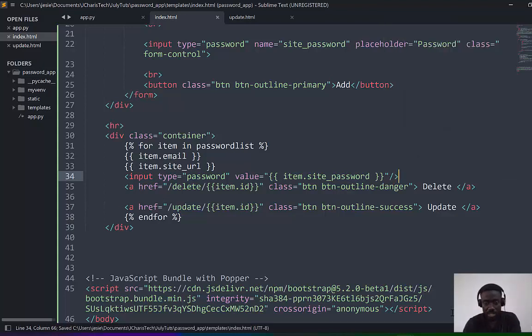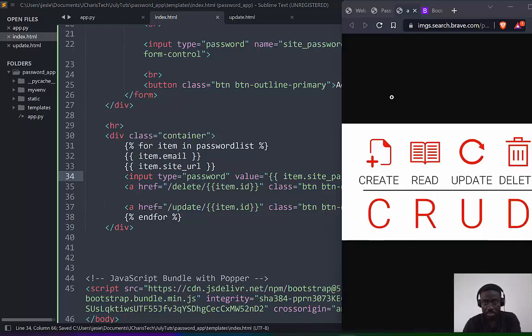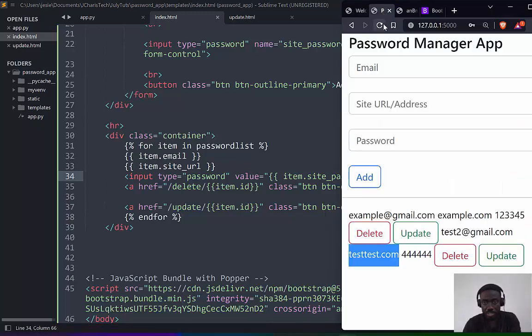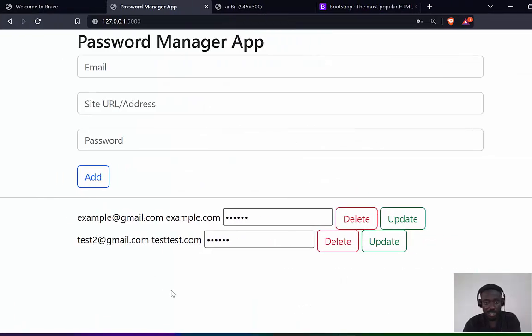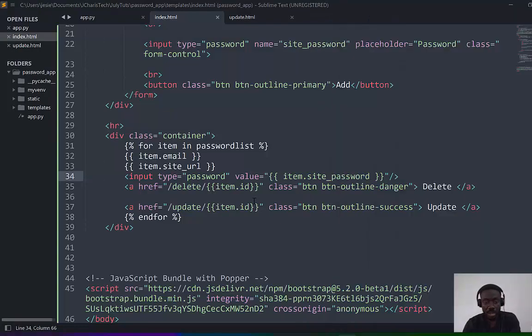Yeah. So if I save it and I come back here and refresh it, now that one is in a format of stuff like this, right? So now I can hide or not hide it. So how do I unhide it? That is where I'll pass in another ID. So let's give it an ID. Let's call it as per the name of that ID. So if I copy this one here,